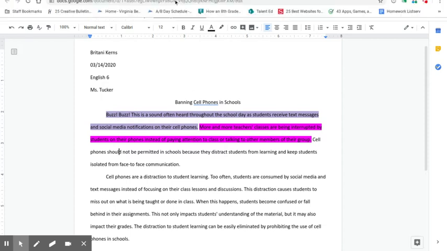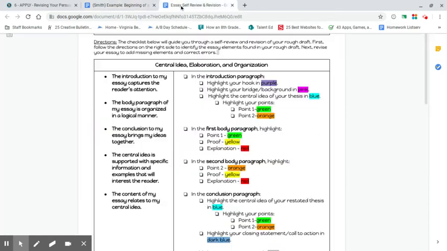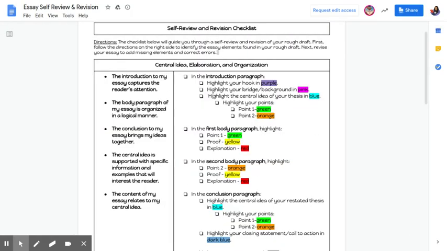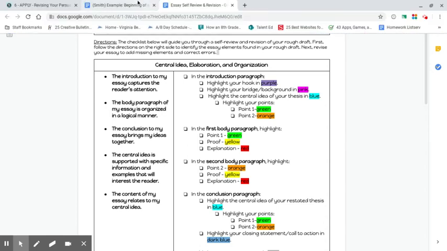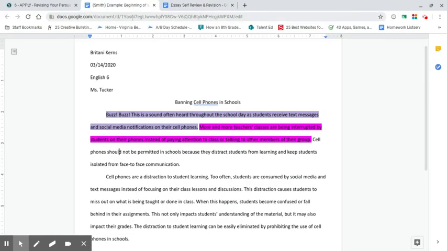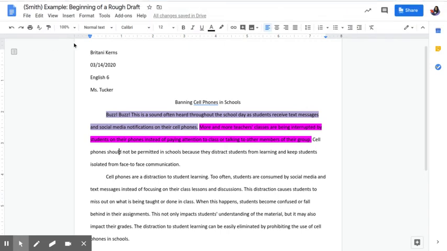Okay. And so the next thing says highlight the central idea of your thesis in blue. So your thesis should have a central idea. Your essay should have a central idea. This is the thesis statement that you had to come up with, and we want to highlight it in blue. All right, so the central idea of my essay is that cell phones should not be permitted in schools because,